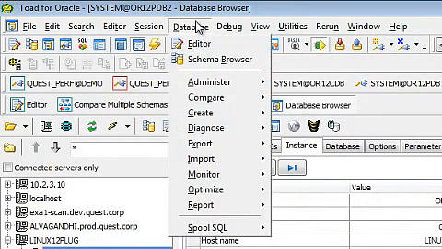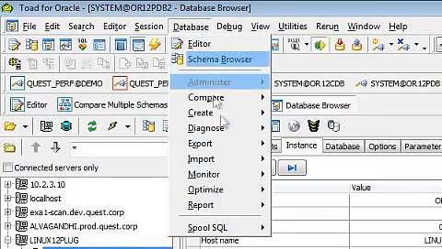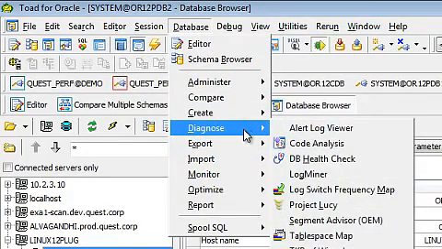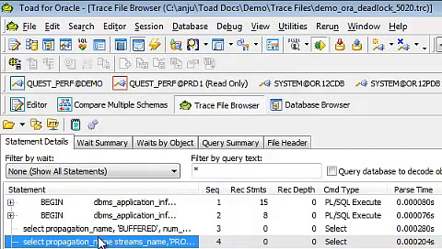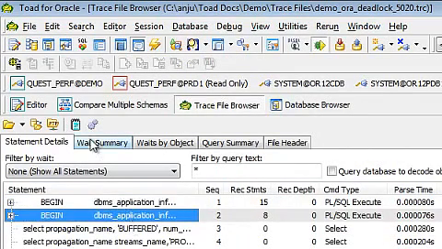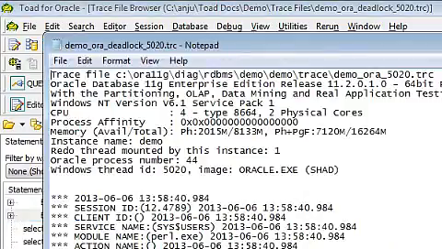If there are any issues in the database, the trace file is the most common file that is used. However, reading it is not the easiest work. So in Toad, there is a very easy way to look at your trace file using the trace file browser. Now, this trace file browser not only lets you navigate through, let's say if you have opened this trace file in an external editor, in a normal editor, this is how it will look like. As you can see, it's pretty hard to